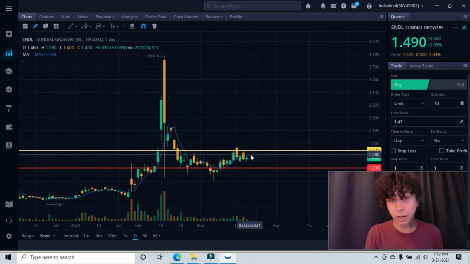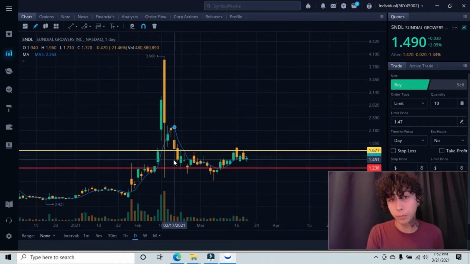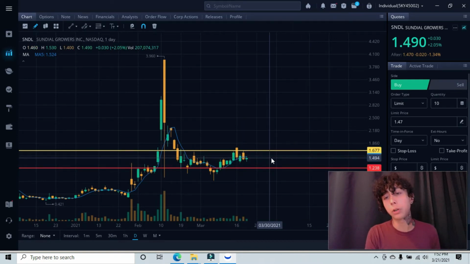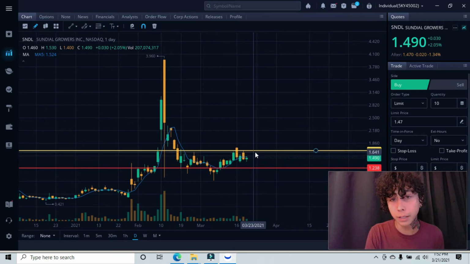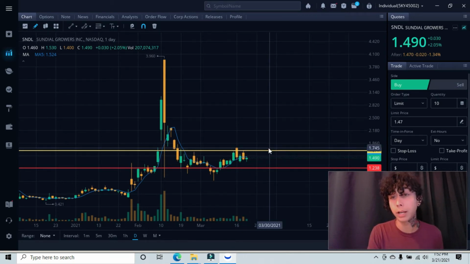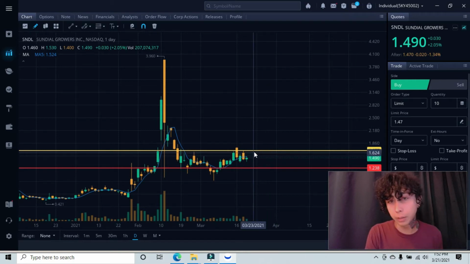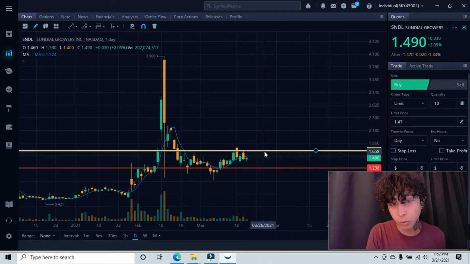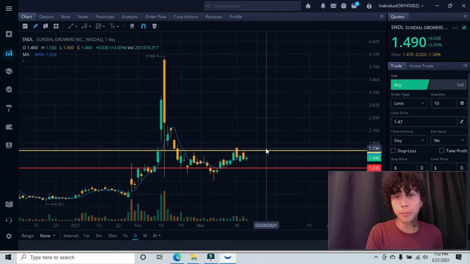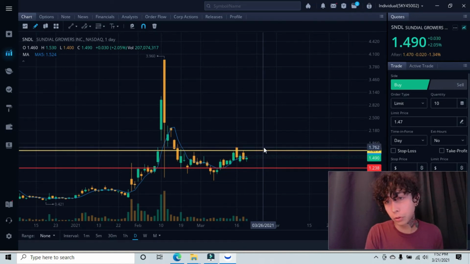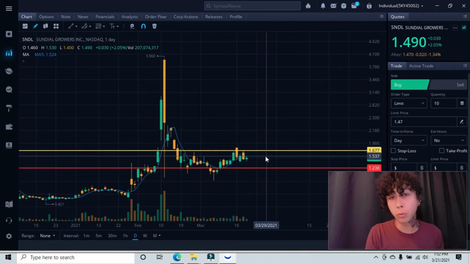So as of right now, what we're seeing in this area is that it was just kind of consolidating, guys, in between these levels. Ultimately, what we're going to want to see is this come up again and retest our resistance, and then we are going to wait for a breakout. So if you see in the pre-market that it's riding against these resistance levels, you would obviously put your entry level right above that, and then your support below where the candlestick is going to be hitting in this resistance